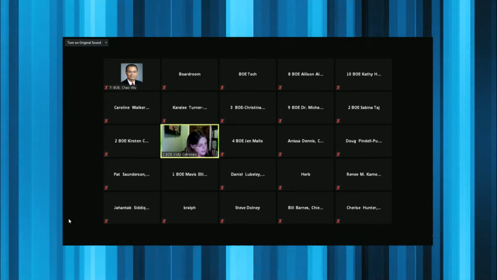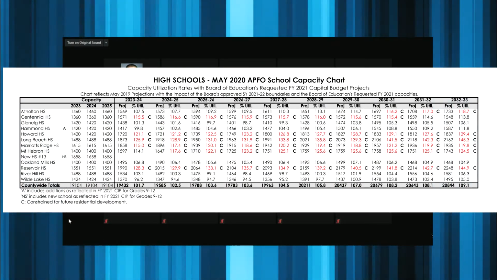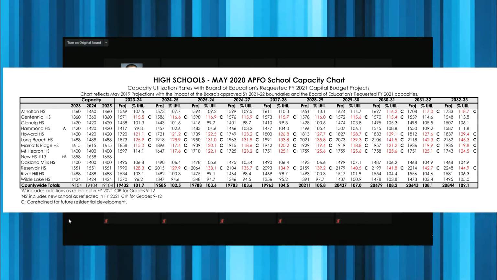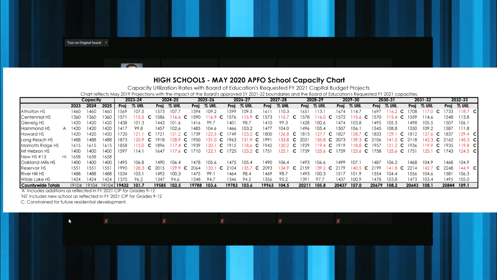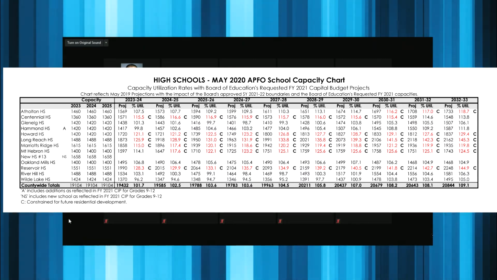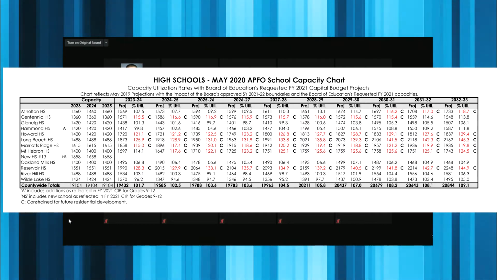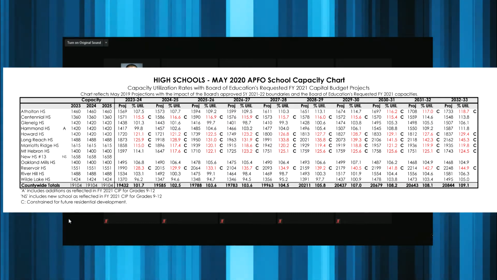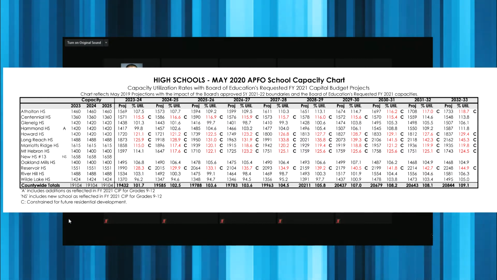I noticed on the high school chart, it's not broken into region. Is that for a reason, or are we moving away from the regions because they're still in place for the elementary and the middle? I'm just wondering if there's a reason for that. Sure. There actually is no region test requirement at the middle school and high school. Okay. So we felt it better just to organize for the entire county alphabetically. Okay. I actually would prefer that.